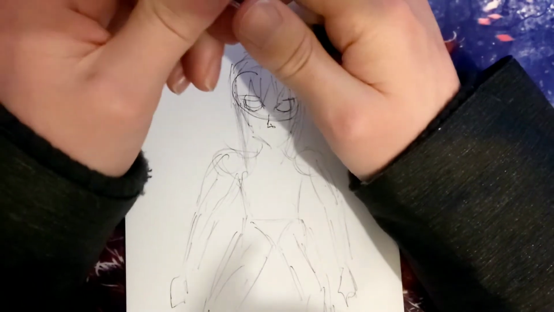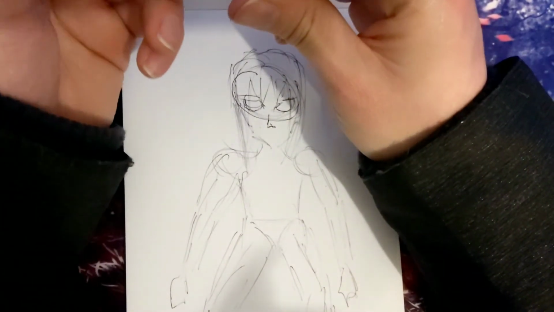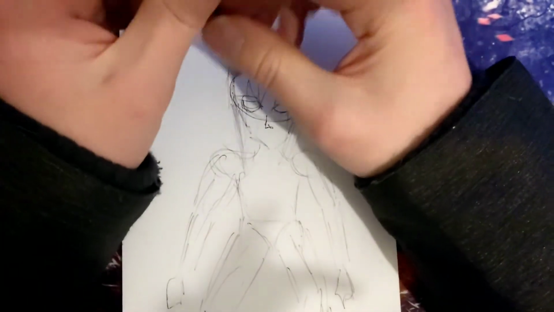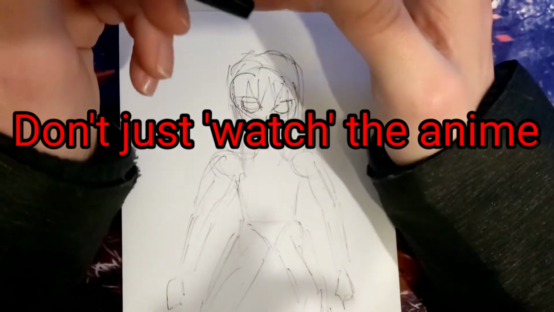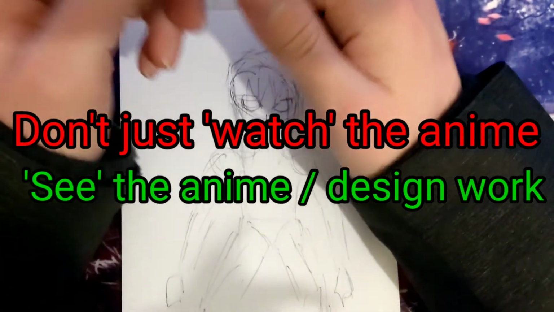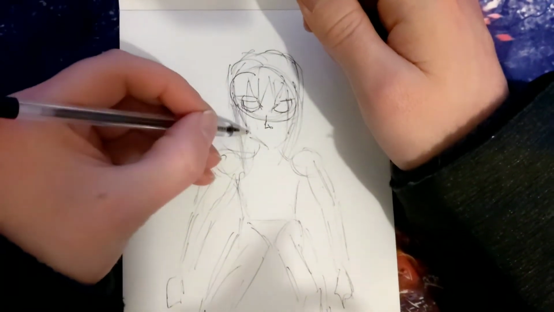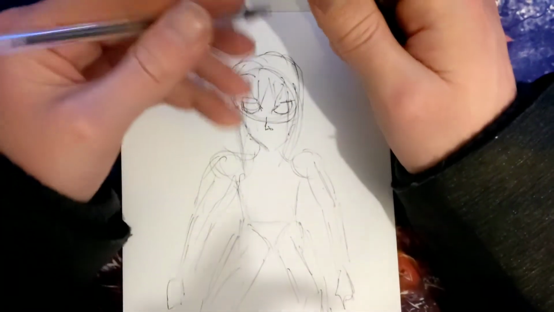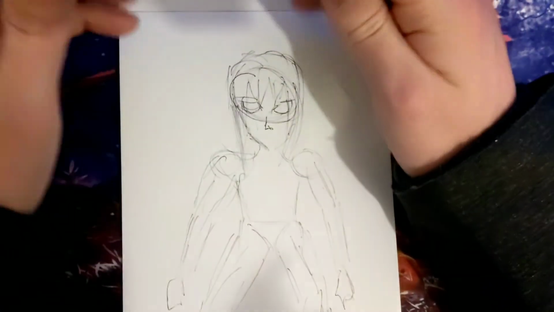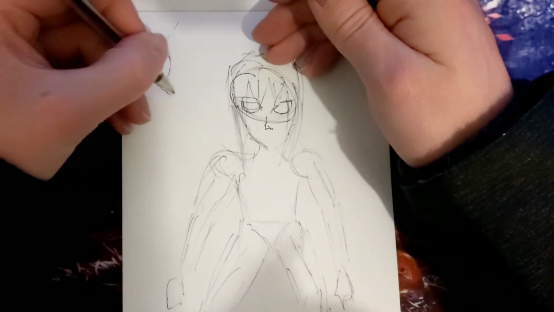And another thing to do as well is, if you're planning on drawing anime, like how my game has turned out, if you enjoy watching an anime series, don't just watch the anime, see the anime. Look at the curvature in characters' faces. Look at how, if a character is looking sideways, if you've got a side view of a face, then kind of like,